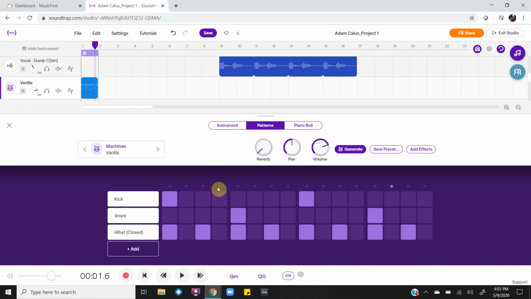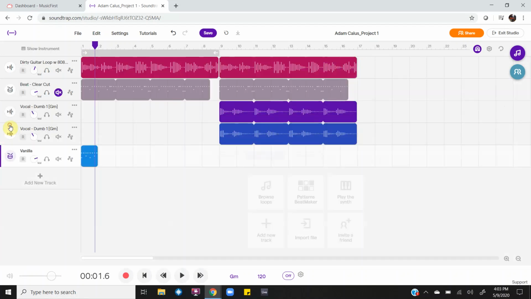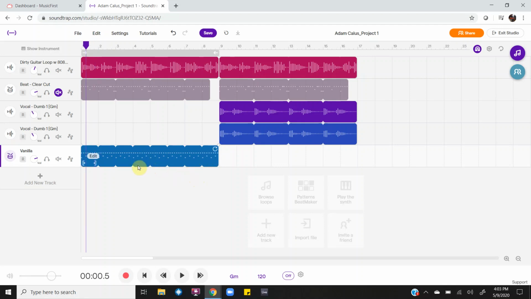If you want to hear it with the entire track, you can hit X, and then what you can do is loop this a little bit more by going up to the top right hand corner of the track and loop and dragging it over. Right, now you can hear it against everything. It's not bad, right? But another groove that you can try,